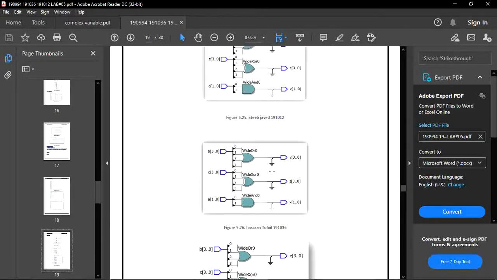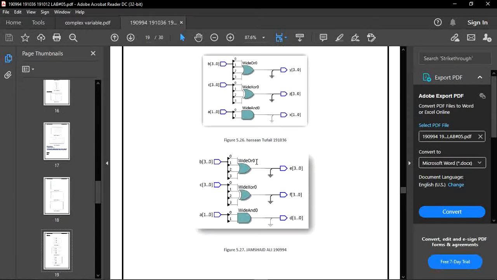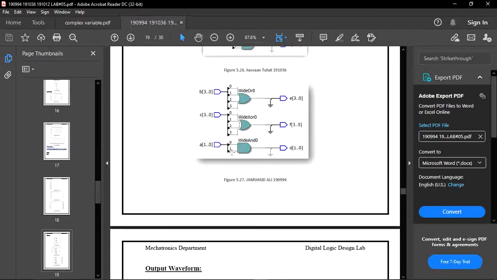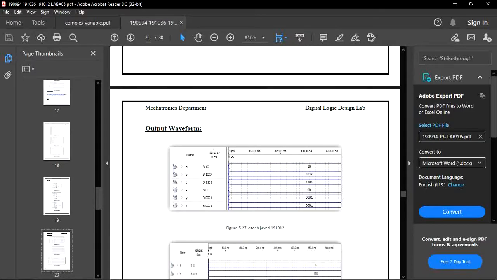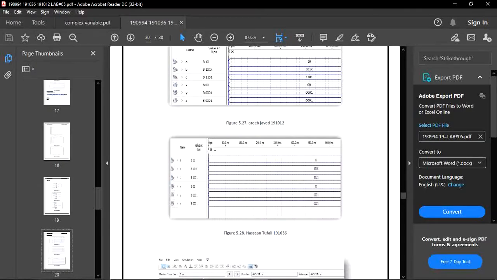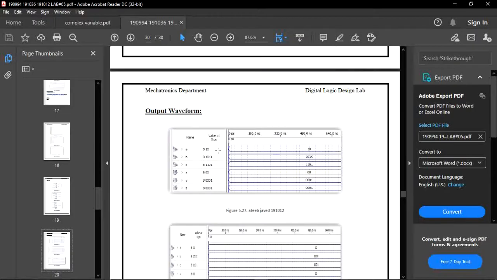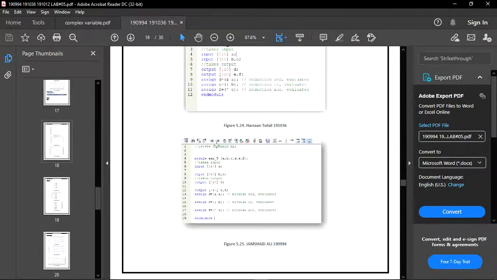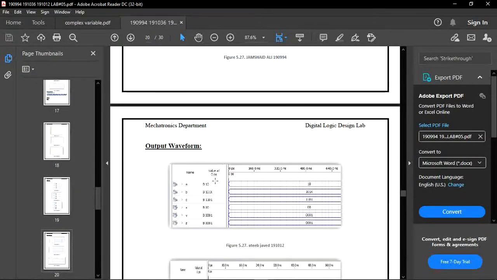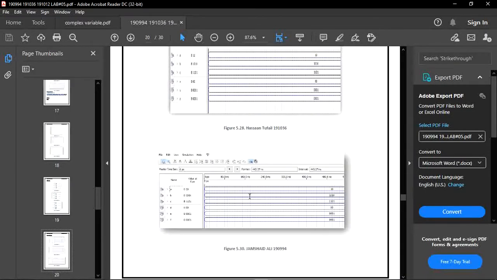Now after writing the code in Quartus, we can check our RTL viewer. After it we move towards our output waveform. So this is our output waveform. Now you can see if D is bitwise ANDed with A, the function evaluates to 4'b00, meaning 00.